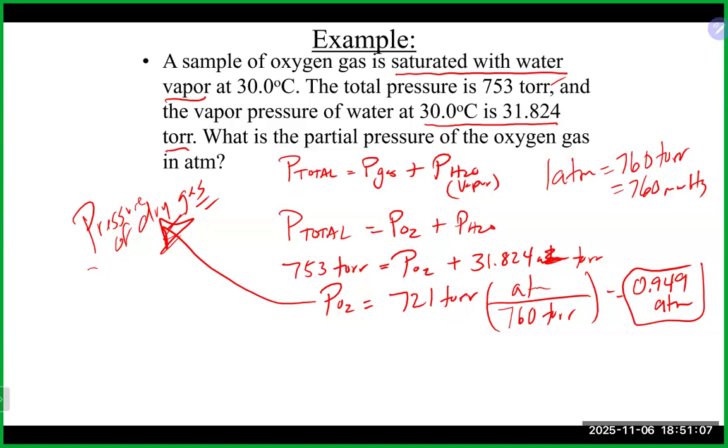So if you needed 2 partial pressures, maybe the total pressure, and maybe one was in atmospheres and one was in millimeters mercury, you just have to choose whichever one you want to convert to, and then depending on what the question wants the answer in, you would go based on that. But definitely, like normal rules, if we go into the ideal gas law, it's going to end up being atmospheres at the end of it. Other questions? All right, we're going to